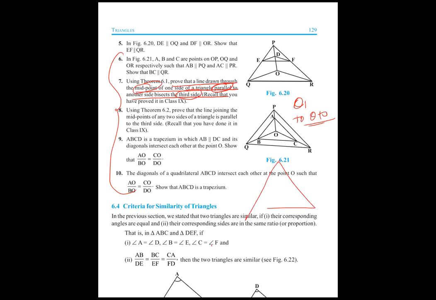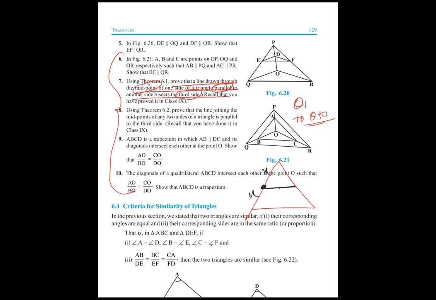There is a triangle, and question number 7, I am telling. This is one side and this is a midpoint they are telling. That means this will be equal to this because it is parallel, by basic proportionality theorem. This is a midpoint, so these two are equal. So obviously this will also be equal to this. That only you have to prove.